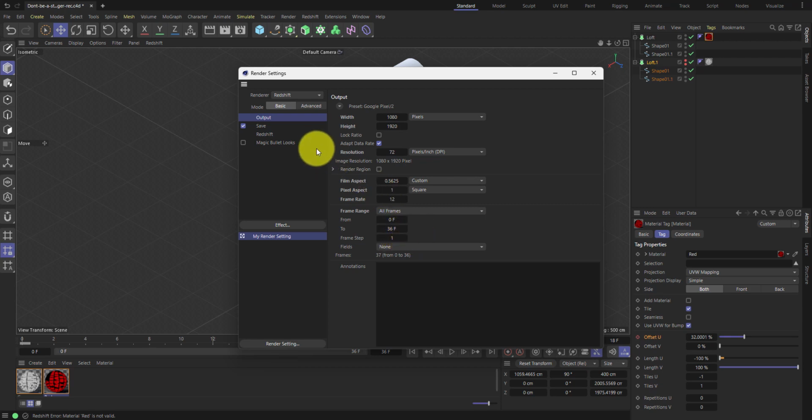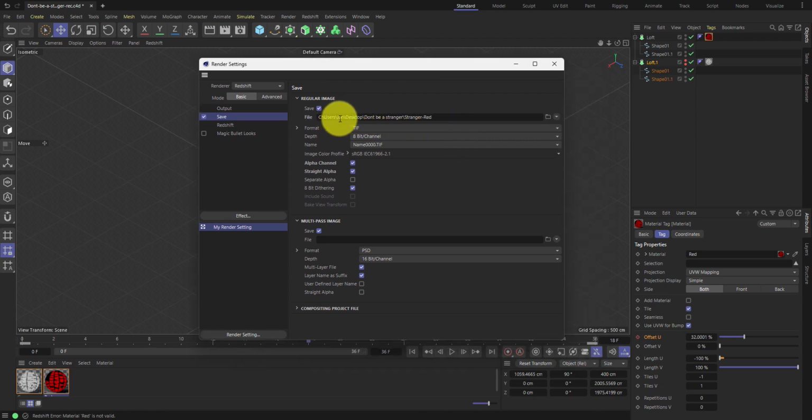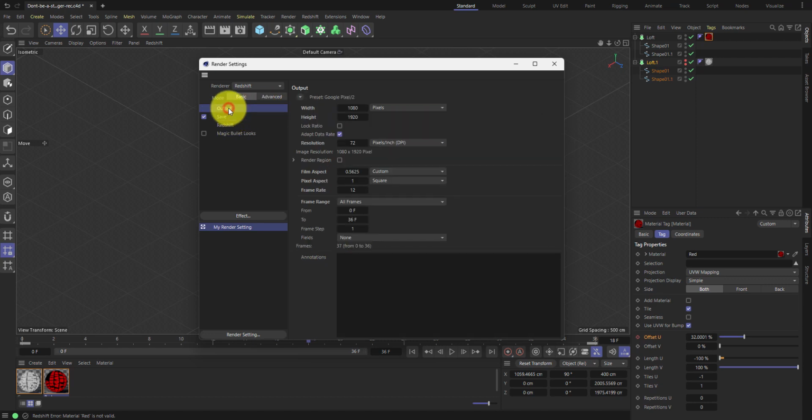And then choose where we want to save it. So I've set mine just to save to my desktop into a folder, and then the files will be called Stranger Red for the red text and Stranger Gray for the gray text. So make sure that you've got this set on TIFF. You're going to render with an alpha channel, straight alpha, and under output here, make 100% sure that your framing